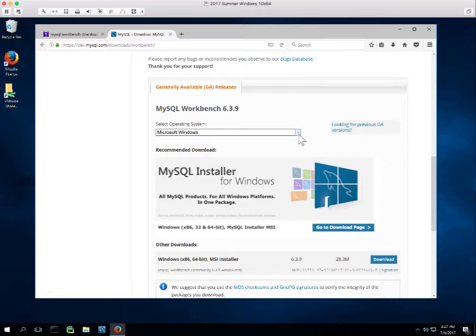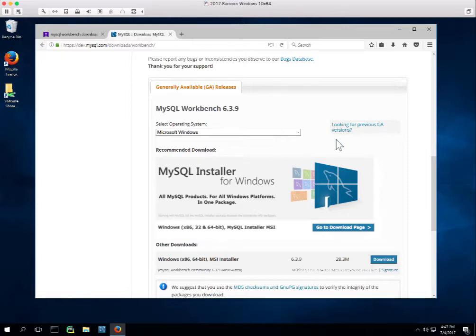Unfortunately, it doesn't allow us to do everything that we want to do with the product. That it got in the way of exercise 10.3. It will get in the way of your final project. Okay? So you probably want to back off of 6.3.9 and go to 6.2.5. So just here to the right,